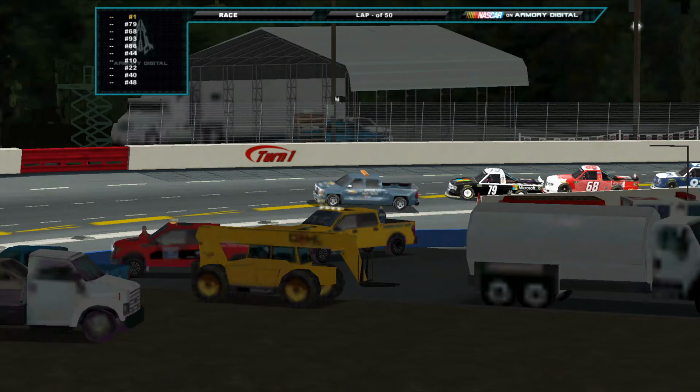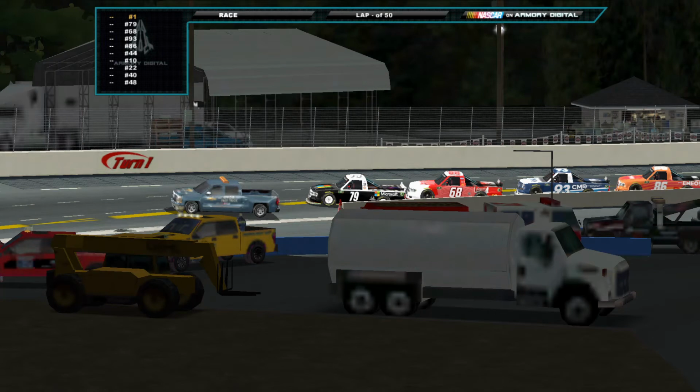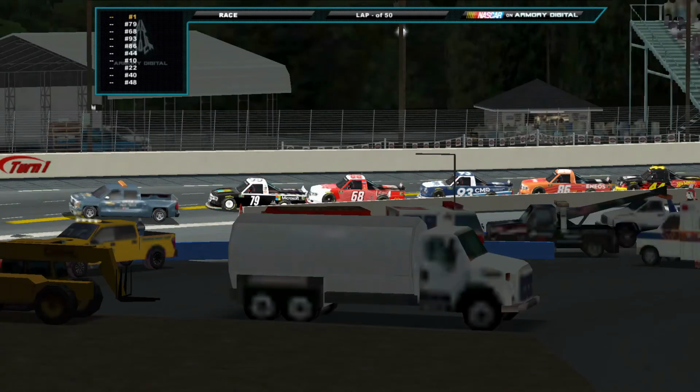Welcome to Myrtle Beach Speedway for the visitmyrtlebeach.com 300 in the Mountain Dew Truck Series. Here you can see the pace truck. Let's look at the drivers. Starting on pole, Mitchell Collins. Also, I forgot to mention, this is the first night race, as you can see. But Mitchell Collins is on the pole, followed by Sebastian Dupain,